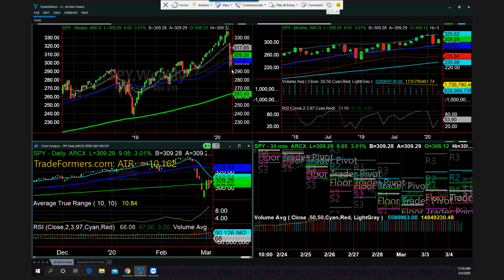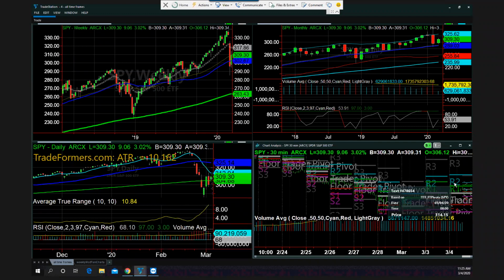So right now, all we know is that it's holding up back over these moving averages, but we don't know if it's going to have enough gumption to clear the high of last week. So we look at the monthly chart. The monthly chart is sitting on the 23-month, and you can see here's that 30-minute. Right now, it broke out of the 30-minute, but really what we want to see now is the first level of resistance, which would be the green line right here, or R1.